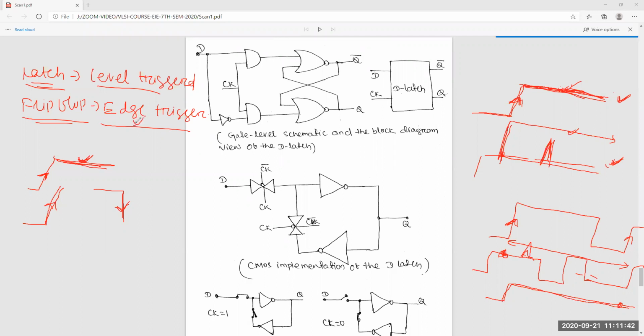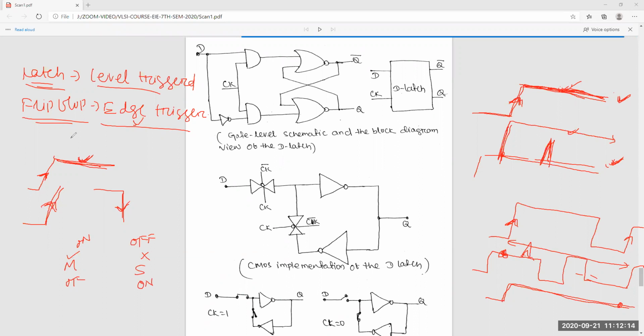Edge triggered means we go for the master slave arrangement. Inside a particular time, first the master latch will be on and the slave will be off. Then the master will be off and the slave will be on. In this mode it works like edge triggered.